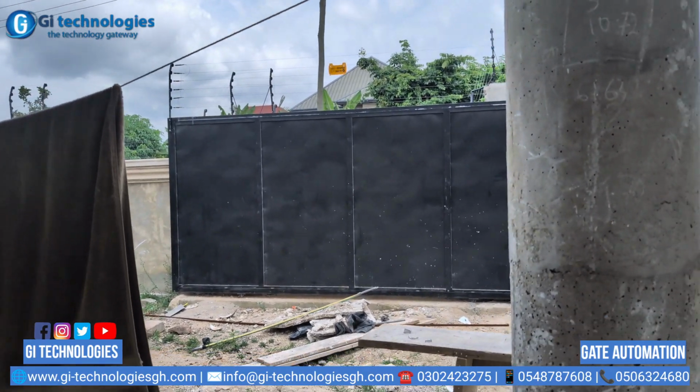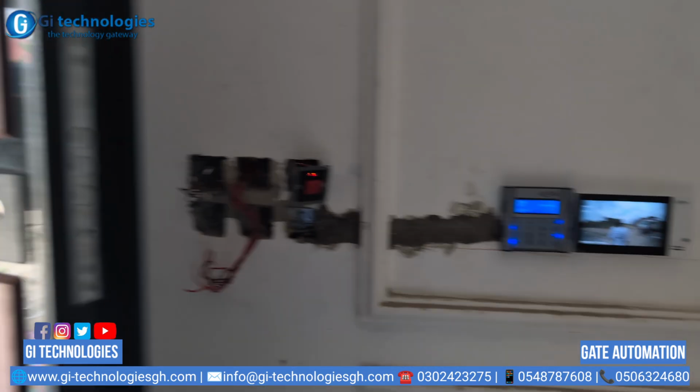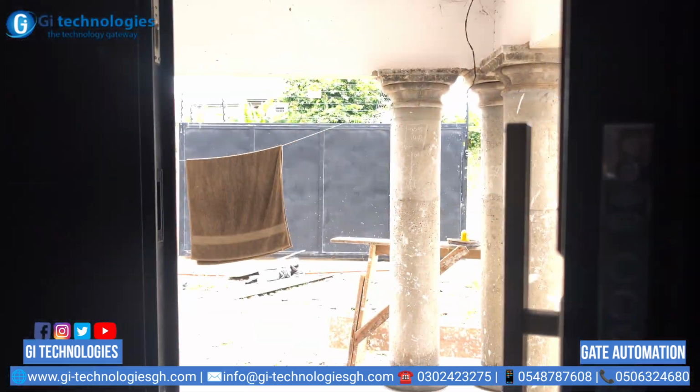All right, so the client can also close the gates with the indoor unit. So I'm going to do the same thing again. So I press on the padlock here. So you can see